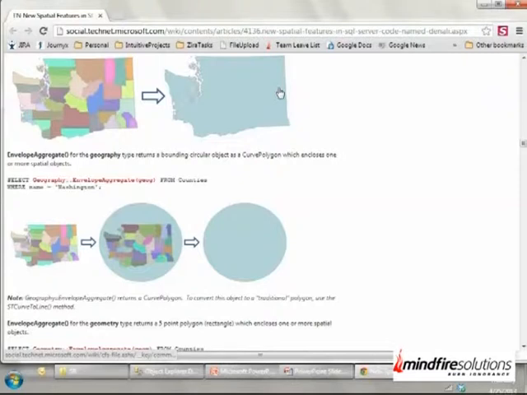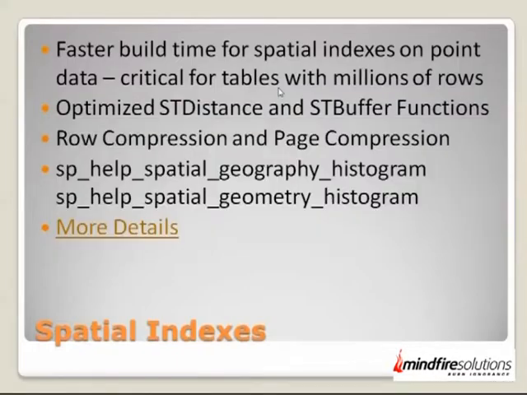Right? If it is continuous and separate points, and if the starting and ending are not the same, then you get a line and so on and so forth. So there are different shapes, and all these are called spatial data. And one of the problems with SQL Server has been they were a bit slow compared to other database management systems. So now they have introduced new spatial indexes.